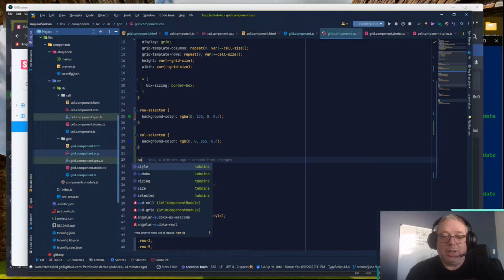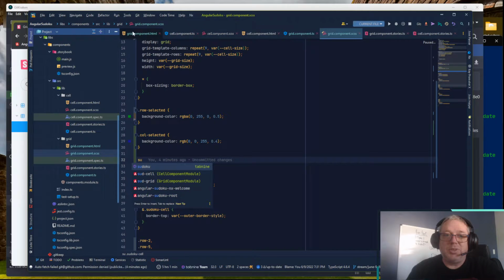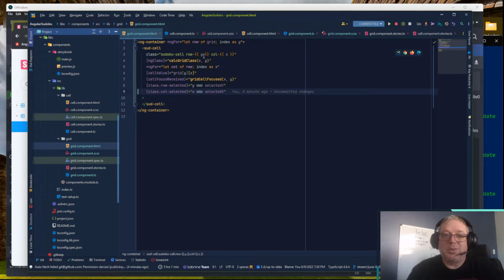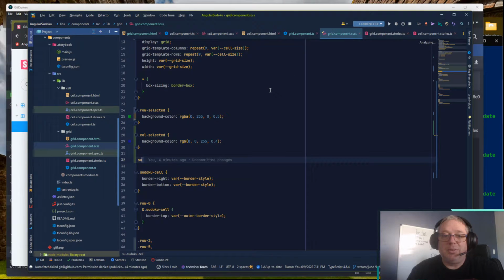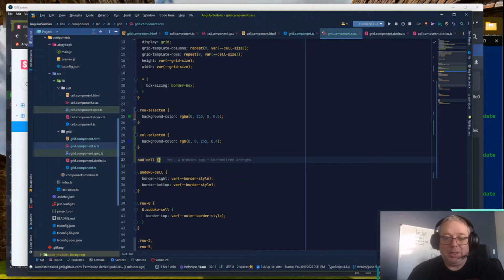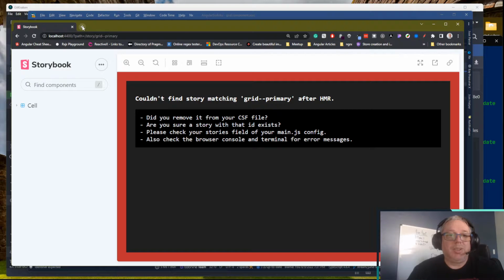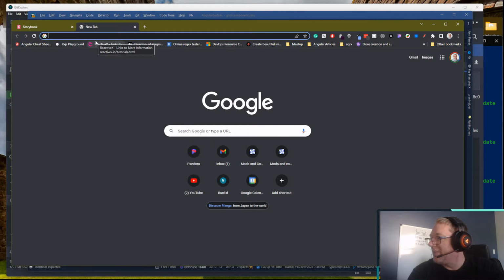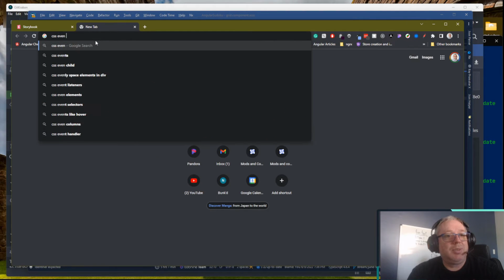I think we can do. Let me just make sure. I think we can just do the Sudoku cell. So if we come into our SCSS, we can just do the sud cell, right? Isn't it? Oh, I always have to look this up, and this is where I need to be better at CSS. But if we do CSS even child selector,